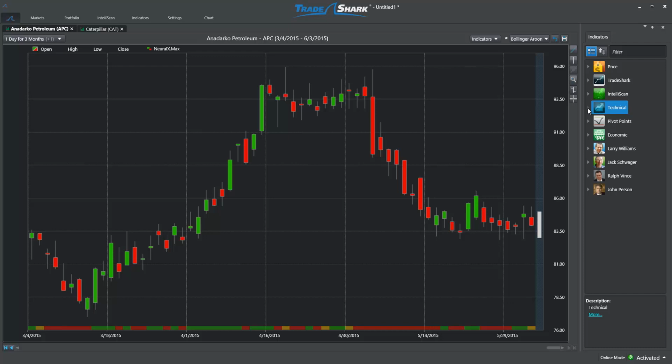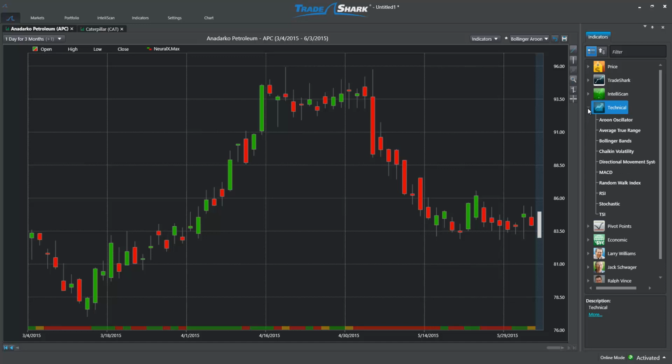This week, we will examine a few of the premium technical indicators found within the TradeShark software. Many of these technical indicators are widely known and used by traders all over the world. However, what makes the technical indicators found within TradeShark so unique is that the indicator calculations use predictive data generated through TradeShark's patented technology. This process greatly reduces the lagging nature of these tools, essentially turning lagging reactive indicators into